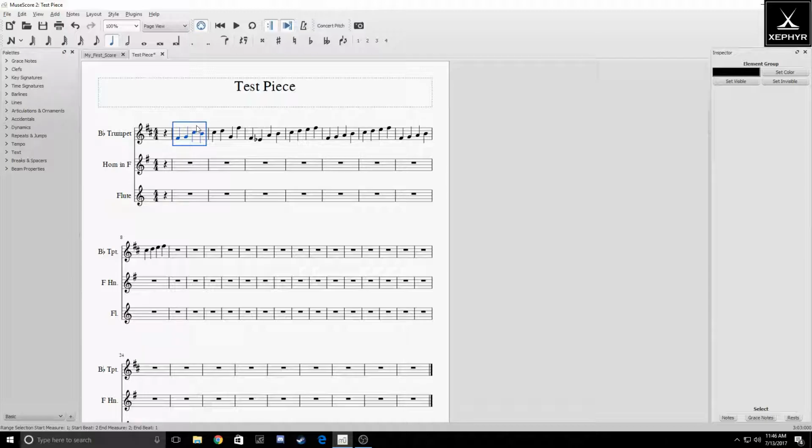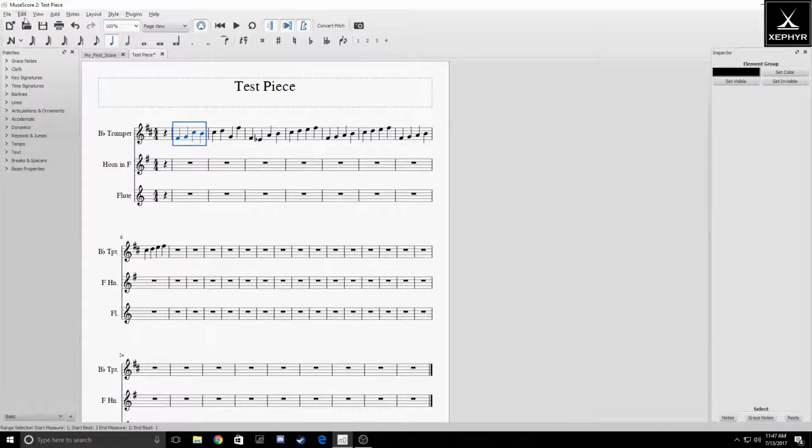Now, if you want to play your test piece, you click on the first measure, or simply click this button right here, and you click play, or you tap your space bar. Pretty simple. And if you want to hear a metronome with it, yep. Now, say you added some instruments into your lineup and or your staffs, and you wanted to add another